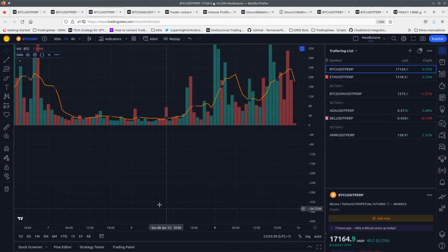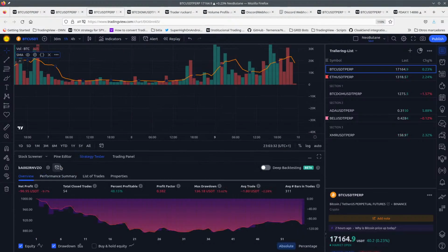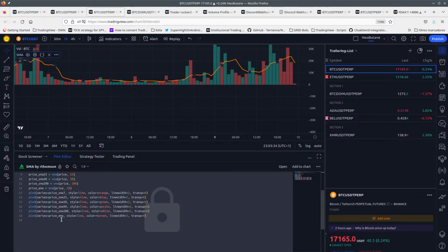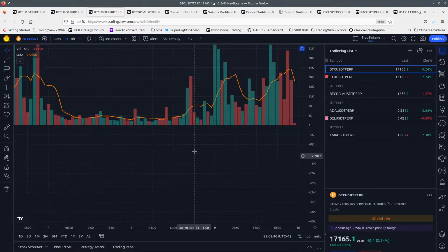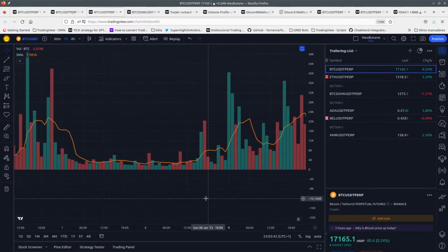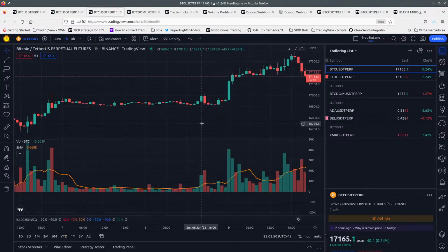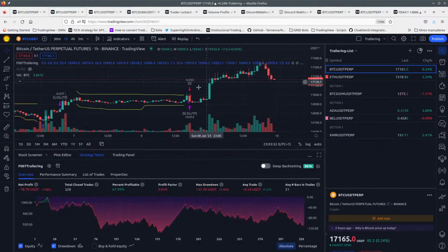We cannot do anything with this. Okay, so orange is 7. So apparently you cannot change the SMA value. Okay, here you can see how the volume also goes up. So we have this one here, which is